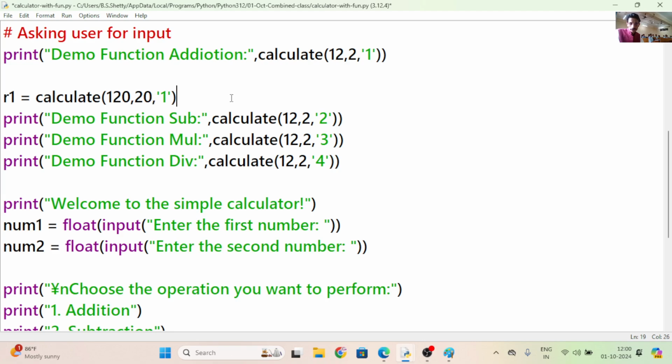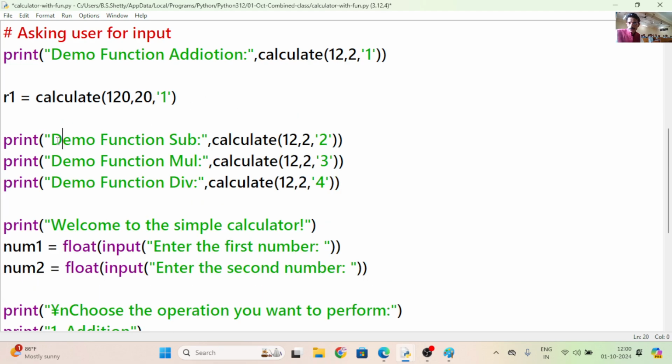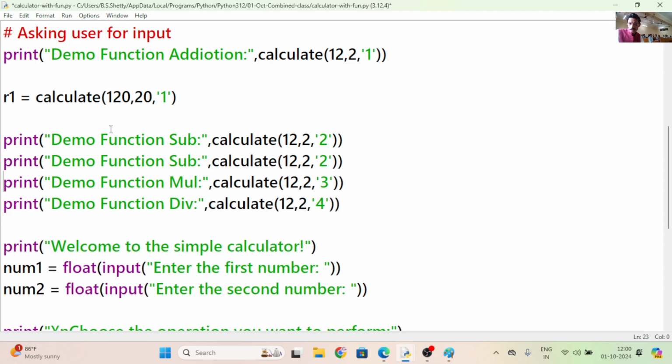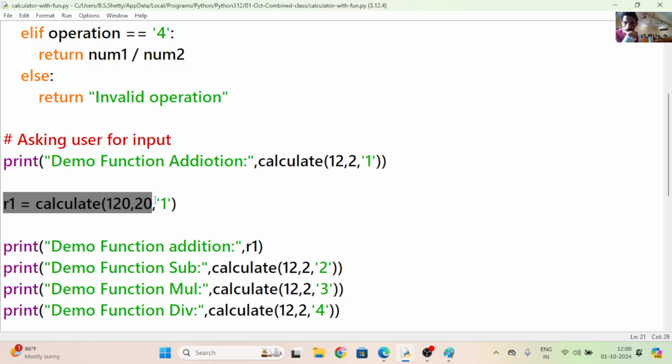आणि इथे काय करणार आहे मी? काय करायचं सांगा मला? Control C, Control V. Here I will print R1. Clear है? काय केलं समजलं? Here R1 equal to calculate, and that result is printed here as R1. But the other way is to directly call the function in the print function. Clear है? Print is also one function.